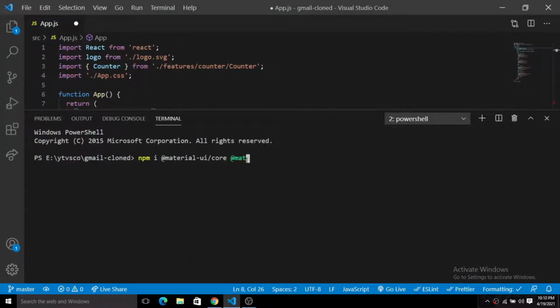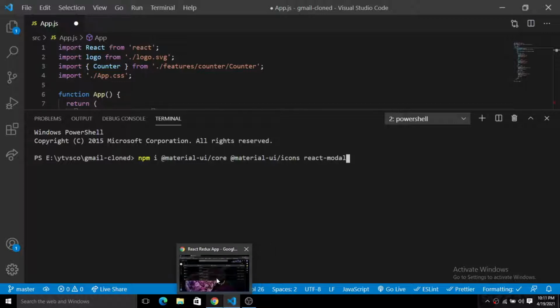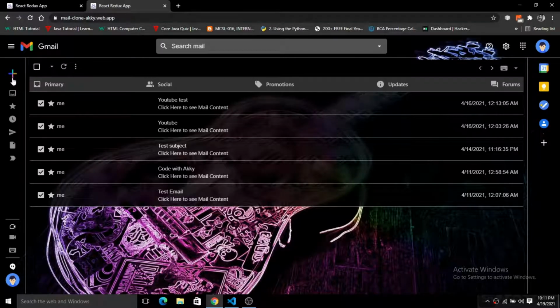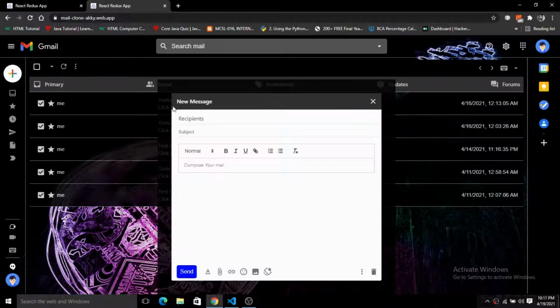Next we will install Material UI icons. Next we will be using a React modal. So React modal is also important here. I will show you how the modal pop-up will look. When you click on this compose email, you can see there is a modal pop-up.